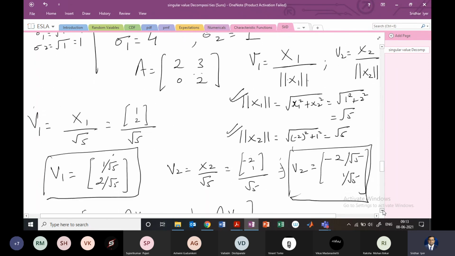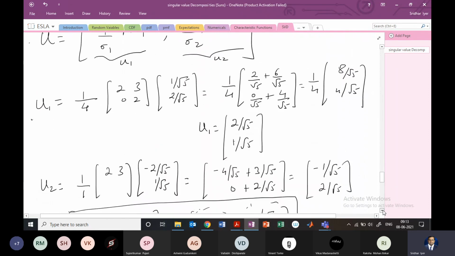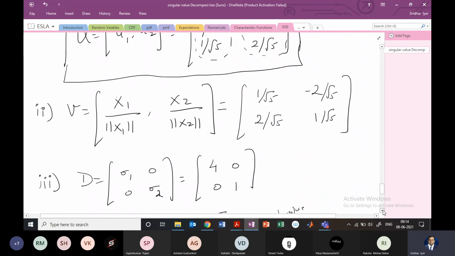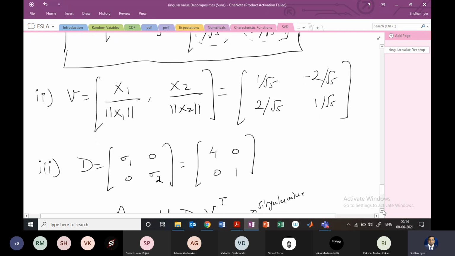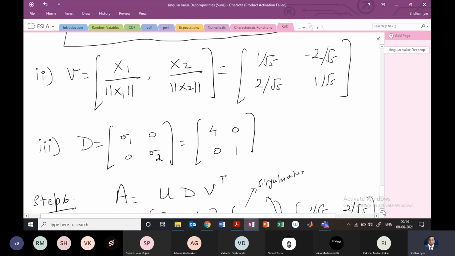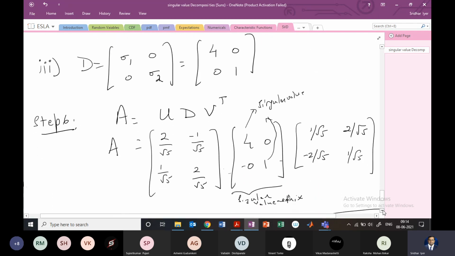u. And in the next step, after finding u, we'll have to find v, which is nothing but x1 by magnitude of x1 and x2 by magnitude of x2. So we'll already have those values. Then finally we need to find D. D is very simple. All you have to do is just put the singular values on the diagonal. So singular values are nothing but the square root of the eigenvalues, right? And in step 6 we just find A as U, D and V transpose. Okay, so with this recap,